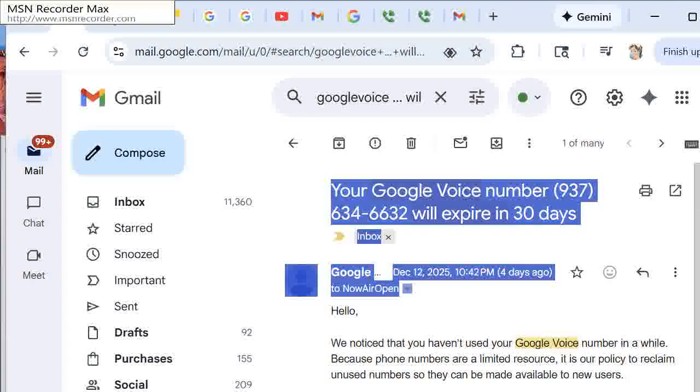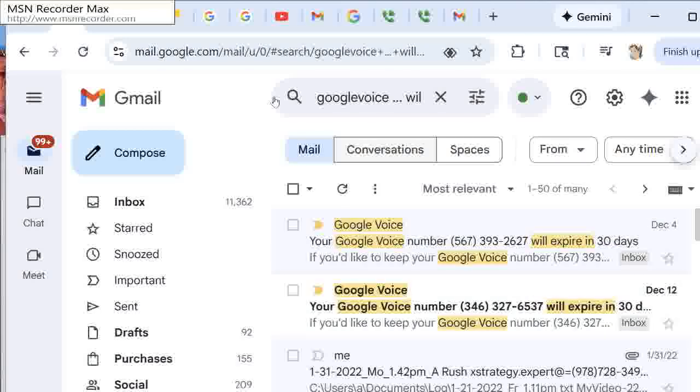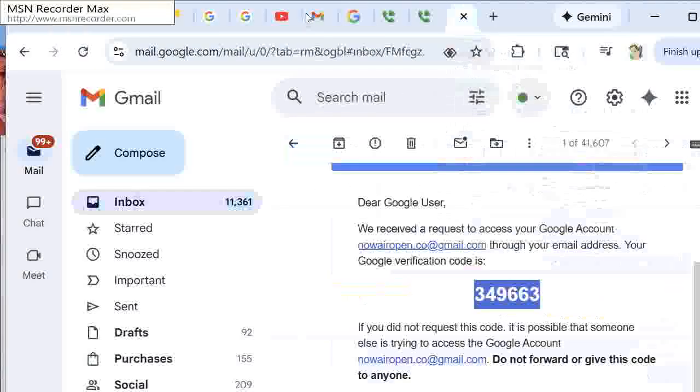And now I'm going to delete this message since it is no longer relevant, and start another section. But before I do that, I want to make sure,